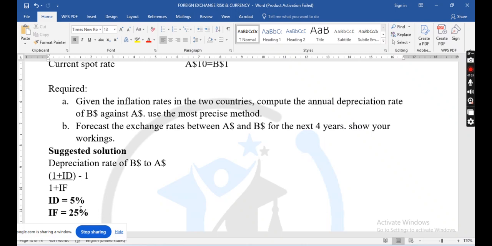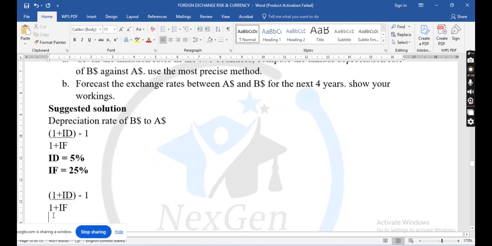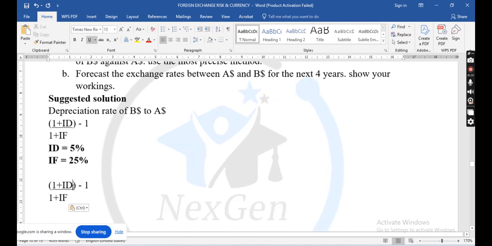25%, right? So we can have our formula to be, please don't forget that it's for both numerator and the denominator, so the domestic,